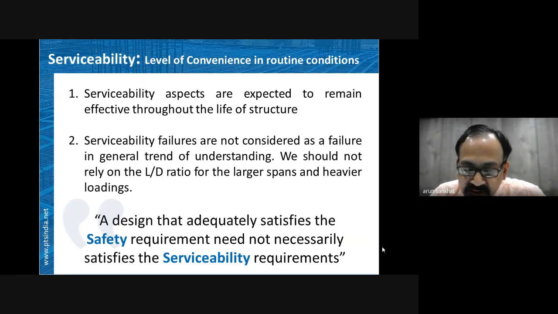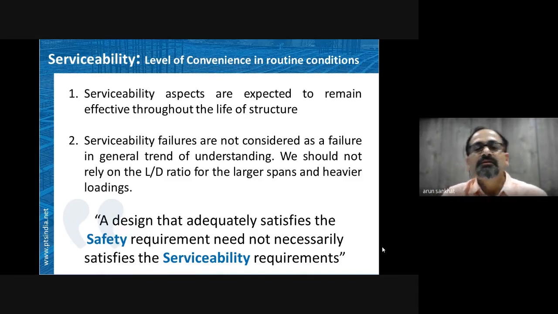But still, to start with, we always like to go with that L by D ratio to start the design. And then, design is an iterative process. We do not get the depth directly, but we have to put in the depth or sizes first, and then we need to work out and make sure that the section is working well or not. So it is an iterative process, and that is why your depth is required at the first stage to calculate the self weight as well as the section properties, everything.